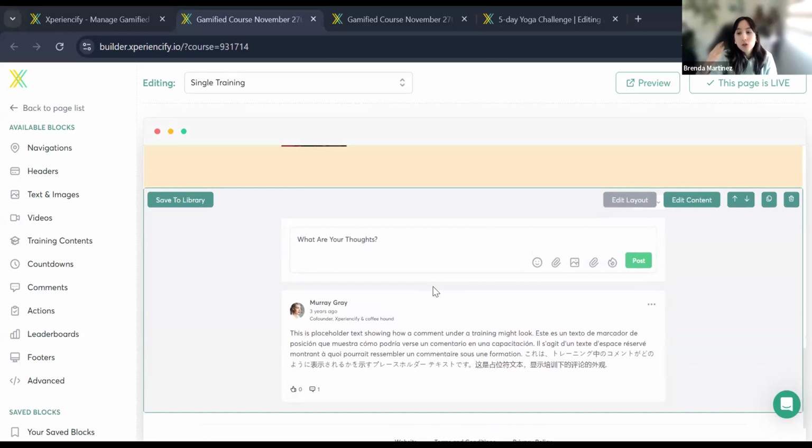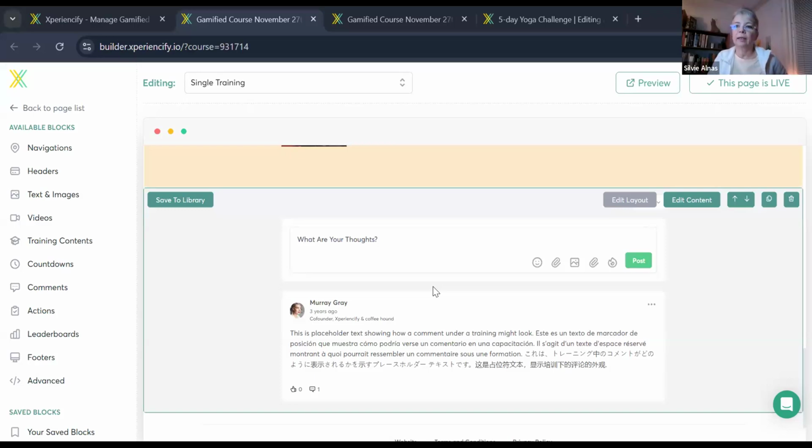So maybe you need to create a tag for every time that they complete a training. And then you need to tell the system to hide these or show these, depending on the tags that they have. So when exactly do you want to show this block to people? I think I just want to show it once in a course, towards the end.